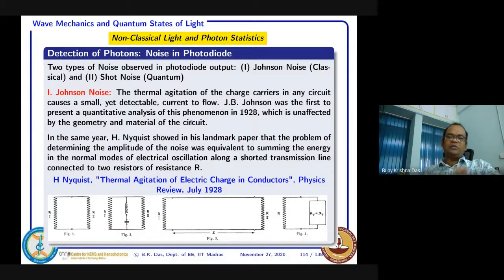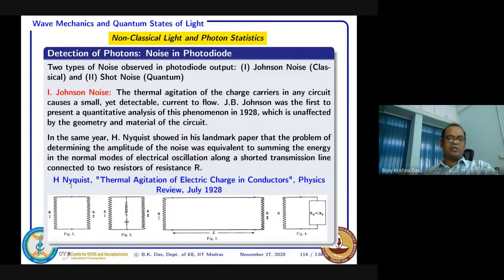So we would like to discuss now what that actually is, where that origin is coming from. Then only you will come to know, you can actually say that yeah, we need to operate at lower temperature to reduce the noise. This is the physics basically. Actually, Johnson quantified it in 1928. In the same year, Nyquist published another paper in the same journal, I think a Physical Review paper. I think this one. This is the Physical Review paper.